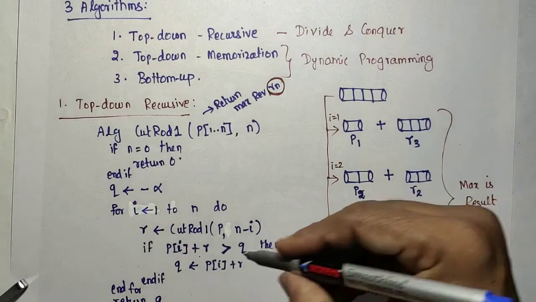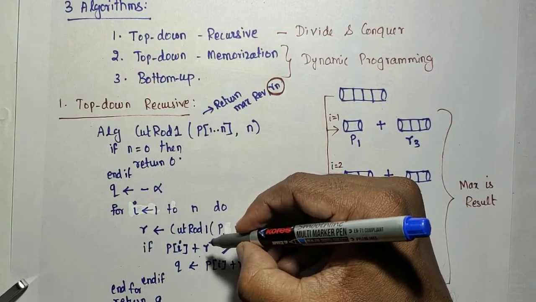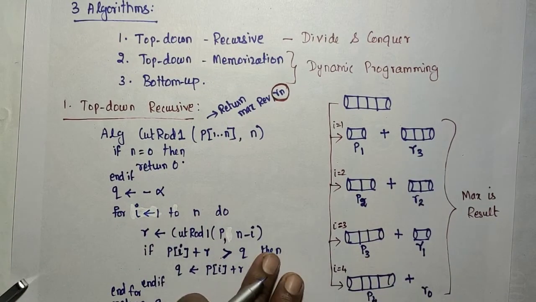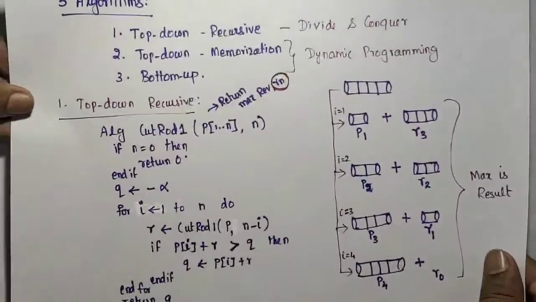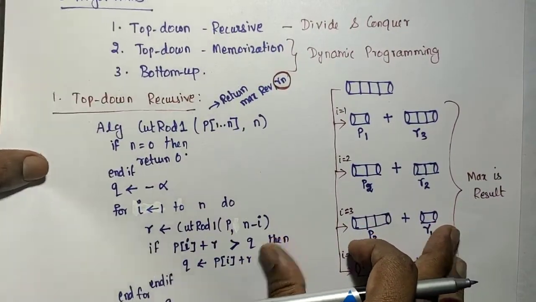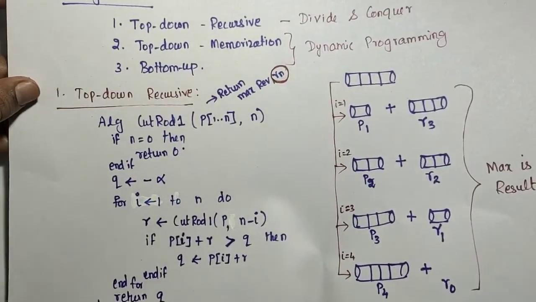Here we are finding the sub problems, and here we are solving the sub problems, so that the main solution depends on these sub problems. You will clearly understand the drawback in this divide and conquer approach by tracing that algorithm, and you will also understand the need for dynamic programming.